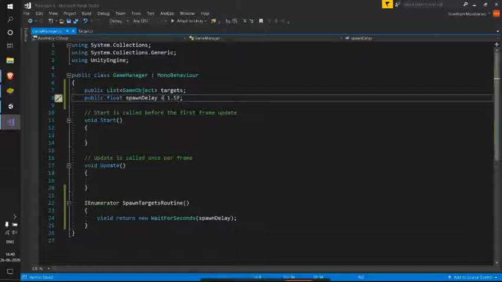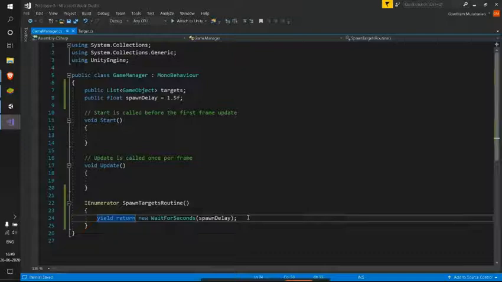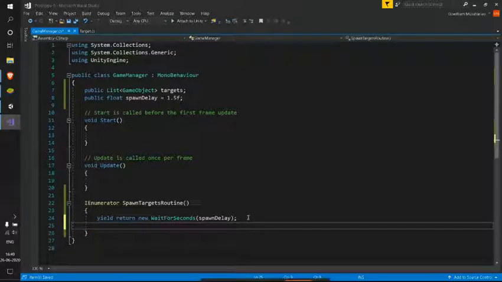So here we have given a default value for this, so it will be waiting for that particular amount of time. And next, coming now, why are we waiting? We are waiting just to create a new random target, right?